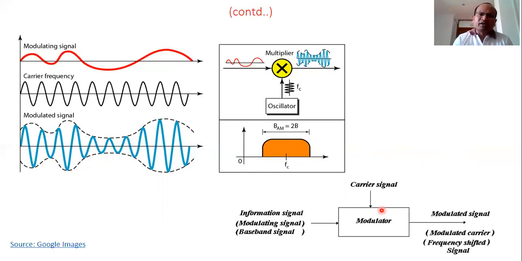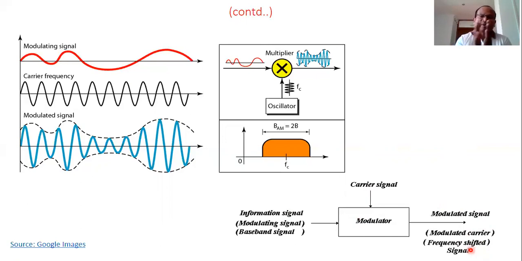It's a big setup where there will be a number of components responsible for different functionalities, and the ultimate aim is to produce the transmitted signal. So you look at the diagram: the message signal, the baseband signal, where the information content is, goes inside the modulator, where the carrier signal is mixed, and then we get the modulated signal. And the modulated signal is, if you look here, a frequency shifted signal, where the frequency has been changed. Frequency shifted means the frequency is translated.